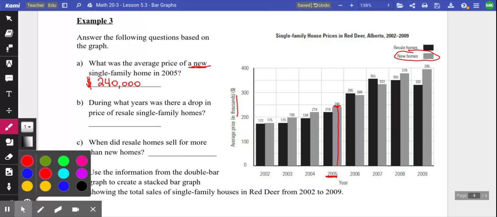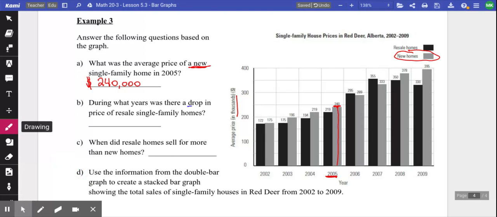In B, during what years was there a drop in price of resale of single-family homes? So when did the price decrease? That's what a drop in price would mean. So if you look from 2002 to 2003, the numbers went up, right? It went from 172 to 175, 175 to 196. And if you look, it keeps going up